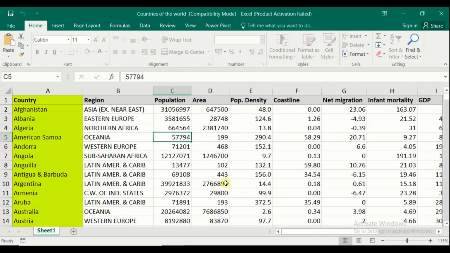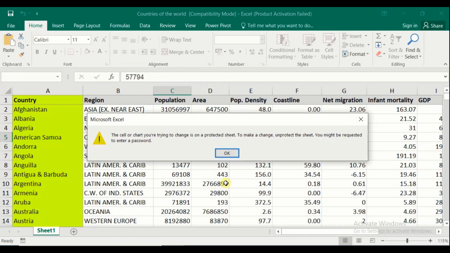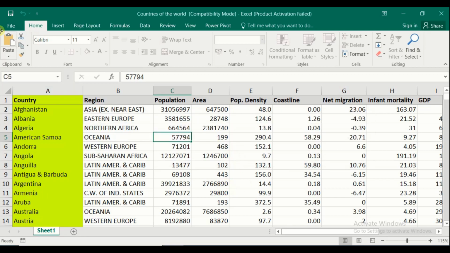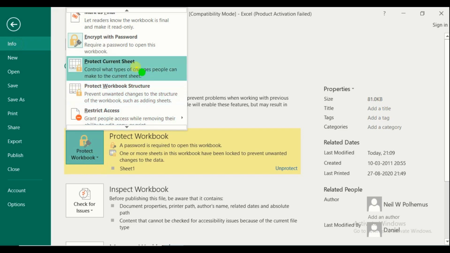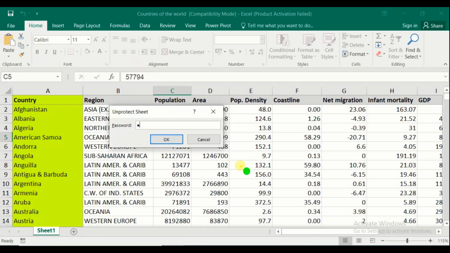Now I want to edit some data, but the sheet we have also protected. To add or delete any record, you need to unprotect the sheet first. To unprotect the workbook and worksheet, go back to the information tab, Protect Workbook, and unprotect the worksheet.